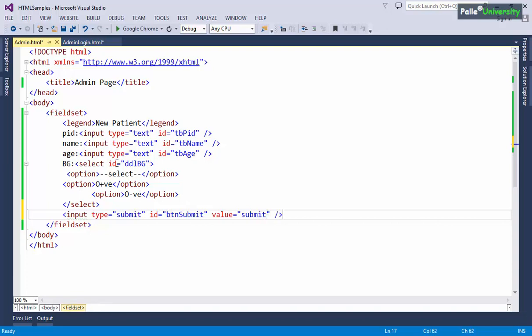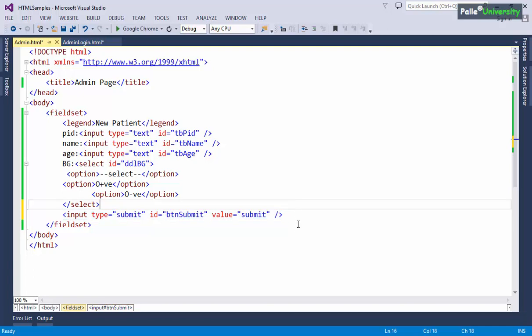Sometime back while explaining the HTML GUI controls, I said there are different ways which we can use for creating the button controls. But anyhow, in many cases while explaining the samples, I will be using input type submit only. I will not use input type is equals to button.